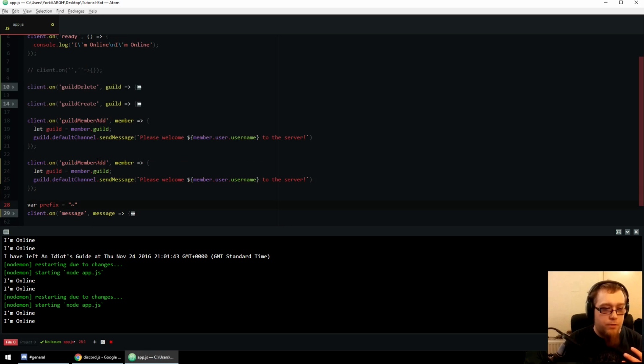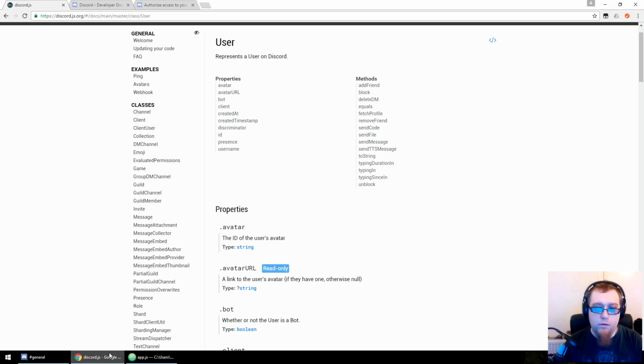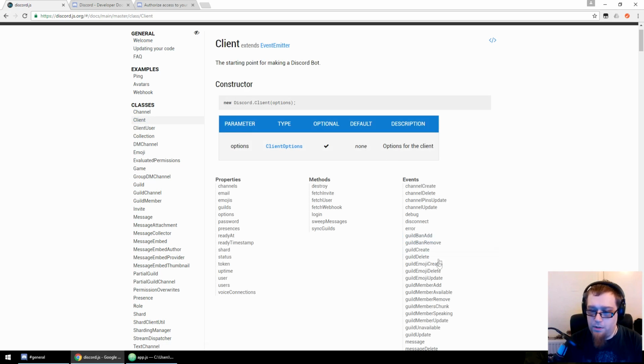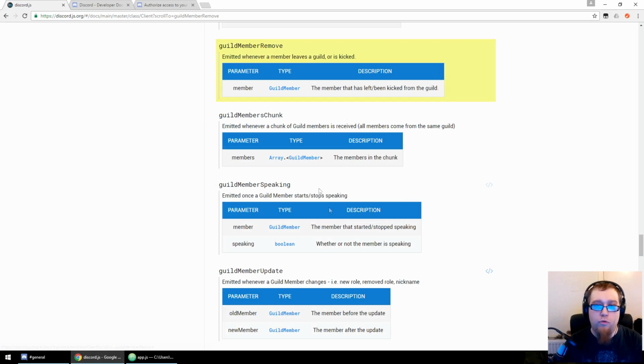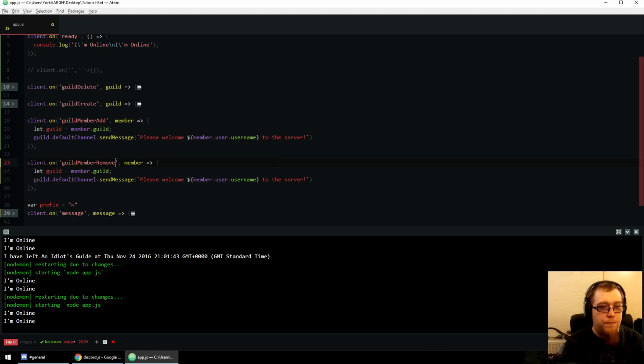Now, if you want to add or make a note of when people leave, I think it's guild member remove. Let's go back to client. Guild member remove. Removed whenever a member leaves the guild or is kicked. Okay, so